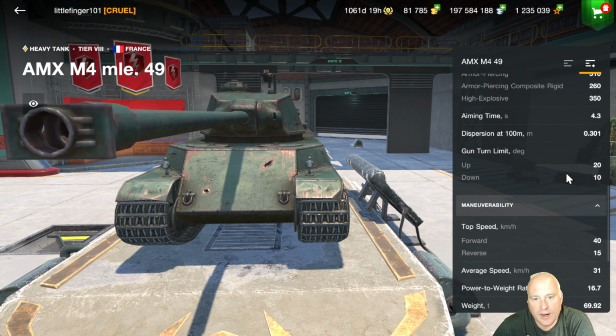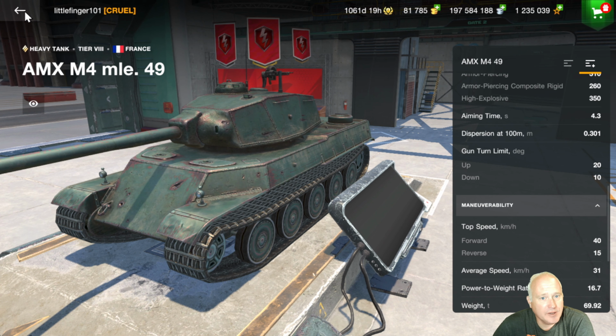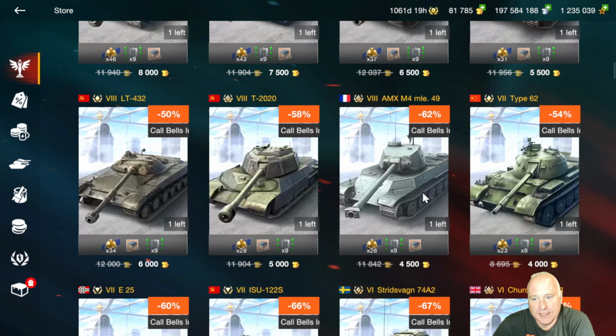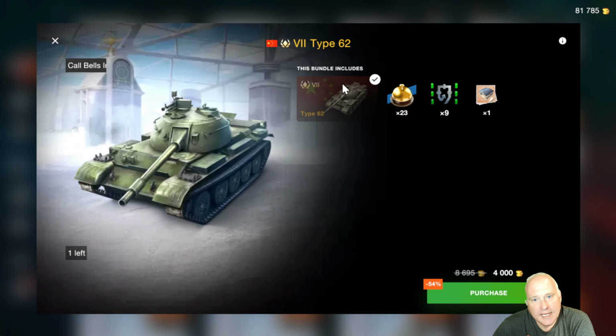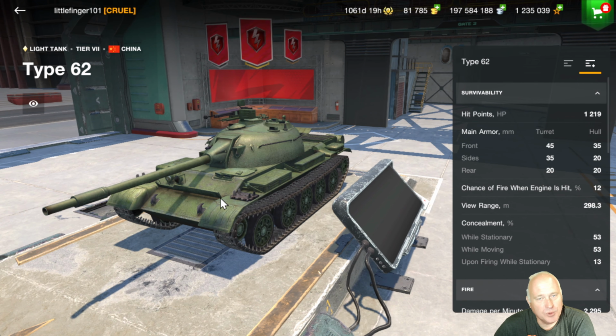40 kilometers per hour, so it's not horrible for a heavy. 10 degrees of gun depression. It's a very serviceable heavy tank, and you know, the price keeps dropping on these tier 8s, so this is another great price for a tier 8 tank. We're going to get into a tank. I almost want to say this is a must own if you enjoy playing